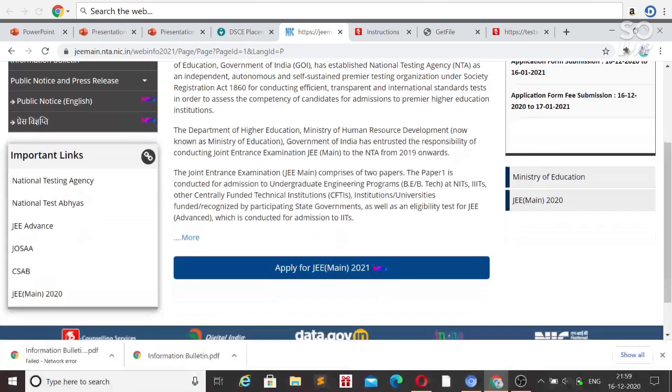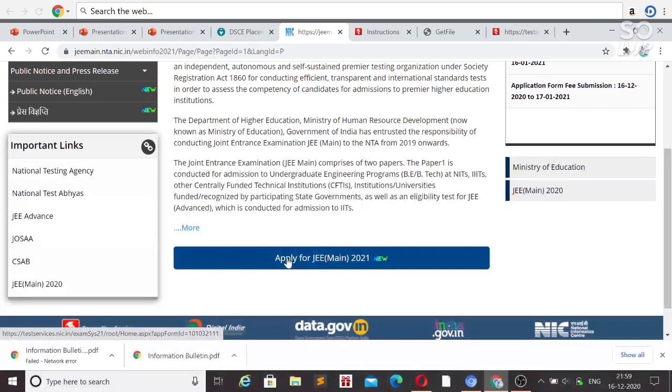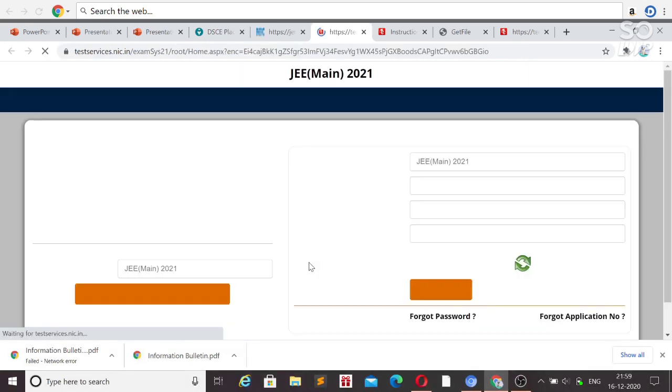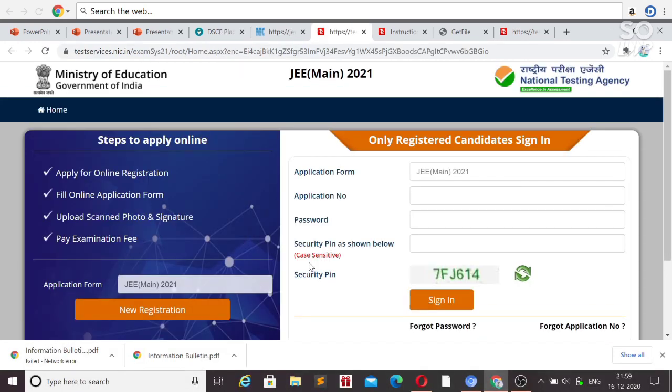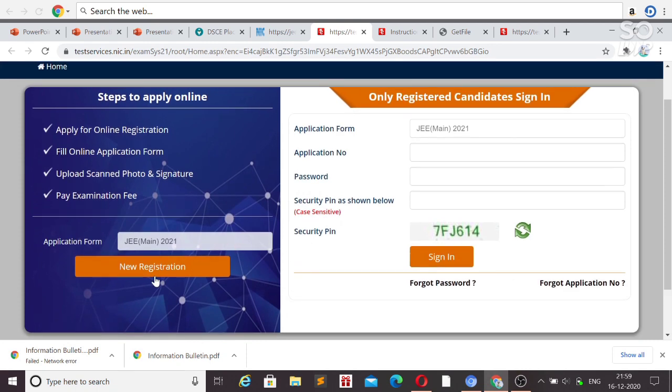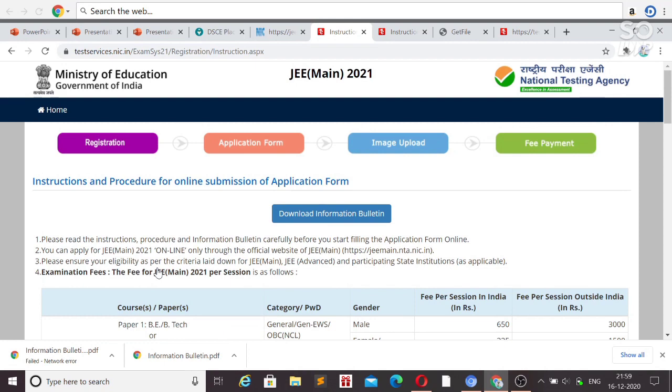So now the main point: you have to apply through this link, Apply for JEE Main 2021. After clicking on that, you will be here and you have to click on New Registration. After clicking New Registration, you will be on this page. You have to follow 4 steps to complete your application successfully. First is the registration. After registration, you will get a registration number and a password.